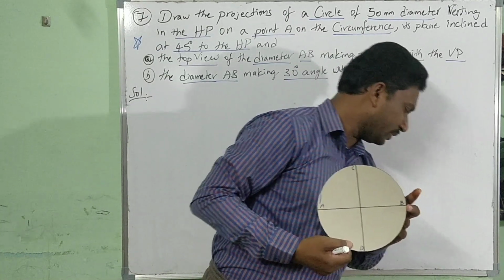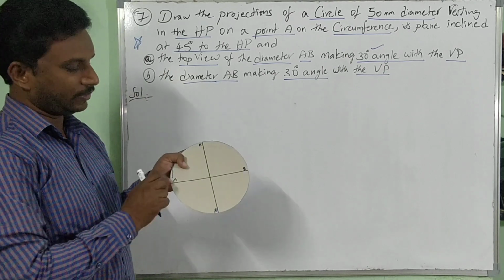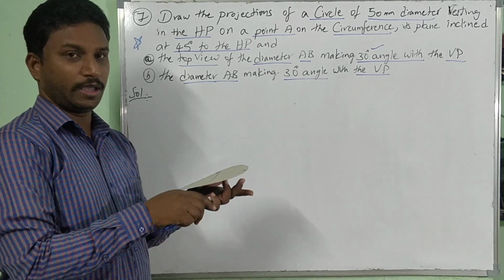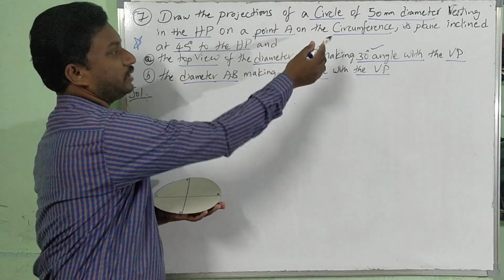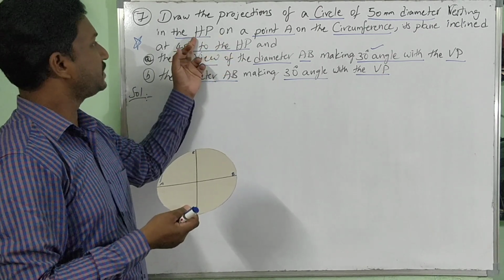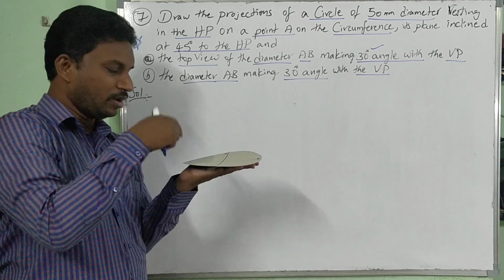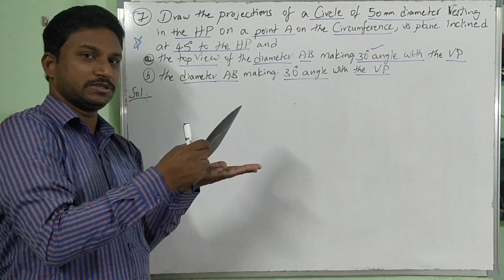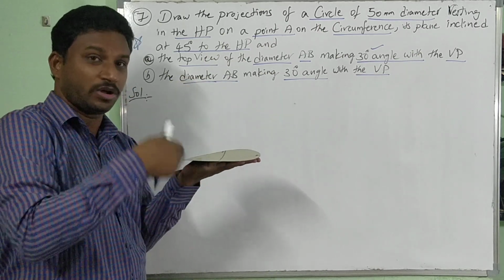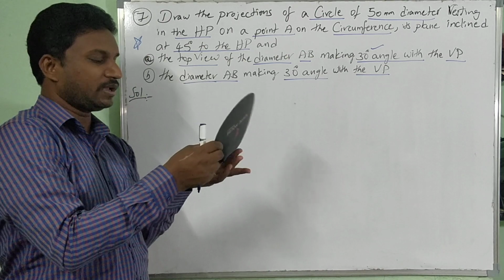See here, whatever I am writing, I am considering point A here, which is on the HP. Now that point A is on the circumference. Now it is resting in the HP on a point A on the circumference. Right? It's not totally resting with its surface on HP. It's resting on HP on point A, this end, on its circumference, like this,